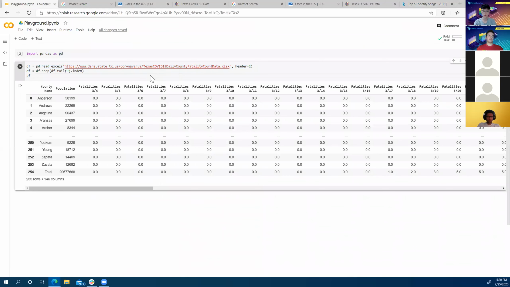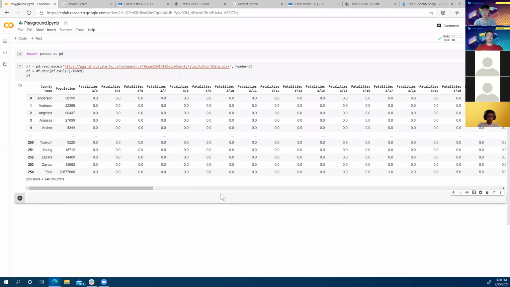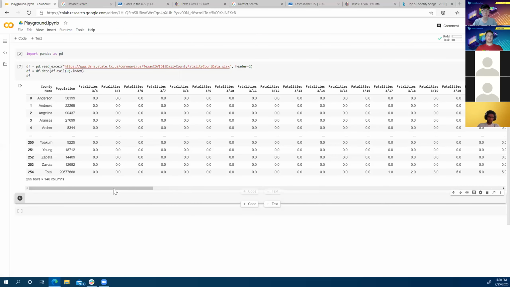So that was how to find some data sets and load them, just a very quick overview. If you want to create a new code block, what I did there was I pressed Shift-Enter, which ran the block that I was in and jumped down. However, if that doesn't work for you, or you prefer to do it this way, if you hover in the middle area beneath the last code block or in between any 2 code blocks, there's a plus code or plus text. If you click this, it creates a new code block.